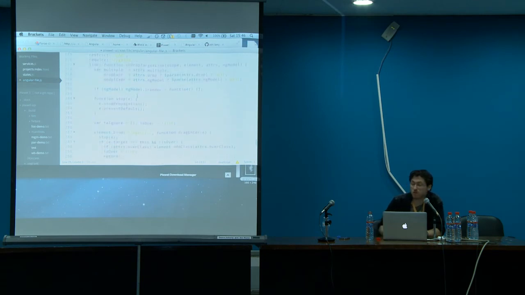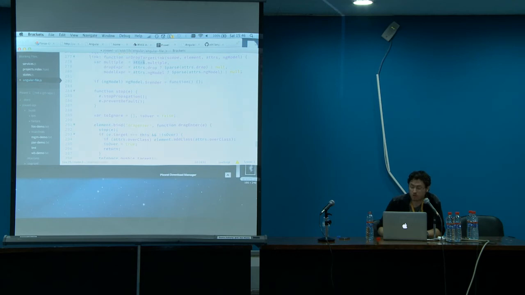Most of the magic happens in this link function. I'm grabbing some different attributes that were also attached to that element, and I'm grabbing the element itself that the directive was applied on. For those of you who have never used Angular before, one of the really powerful things about directives is that they make elements anonymous.